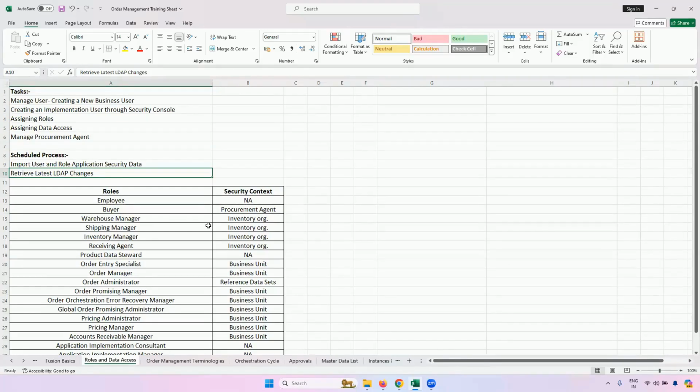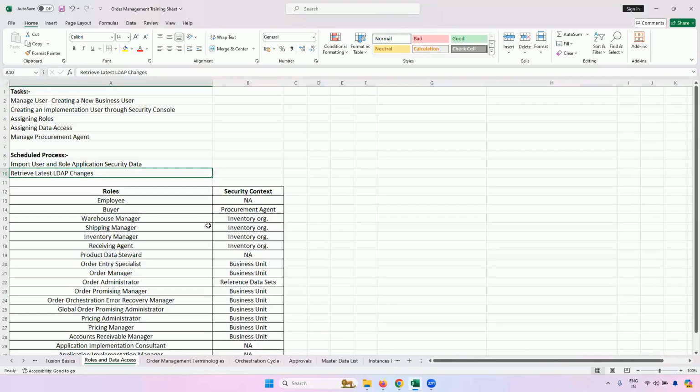Raj, it's all fantastic for me. I just want to ask a question. Sometimes I can be an implementation user and still be assigned the employee role so that I can do the two together. I know it's not good for segregation of duties, but let's say I'm just doing something on the system and I don't want to keep bothering the functional team to come and please do something for me with regards to setup. I can have the two together as one person.